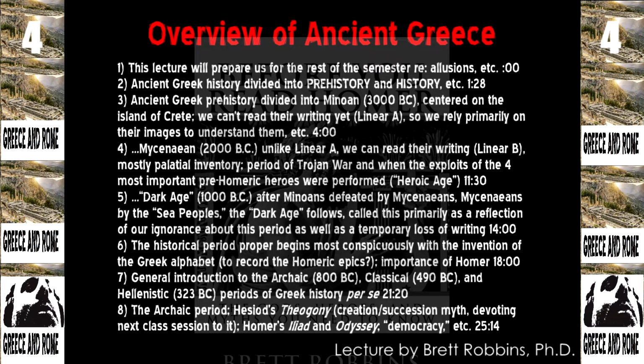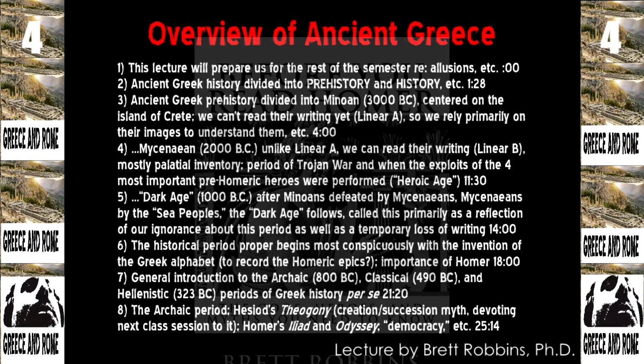Like you have the Sumerian stuff around 3000, and then you have the Babylonian stuff. When you have Hammurabi, that's about 2000. So think of Minoan as contemporary with Sumerian civilization and Mycenaean with Babylonian, if that helps you, okay, based on what we looked at before. And so around 1250 BC, as far as archaeologists and historians can tell, the Trojan War occurred between the Greeks and the Trojans. Okay, we're going to get into that a lot later on. Like I said, that's the kind of apex of the class.